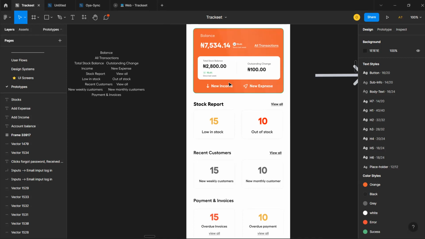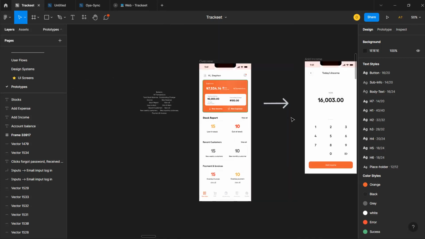Okay. So under the accounting module, you have new income and new expense, where you can click on it. So when you are adding an income, it takes you to this page where you include the amount you are adding. What you can do is, why don't you have two screens? Have one with all the links, and have one you can open up. Because not all the links are in